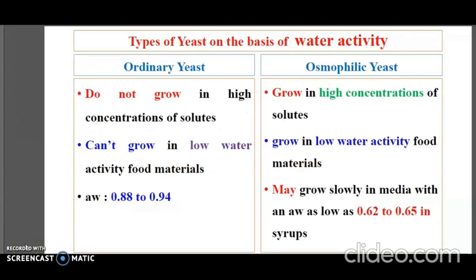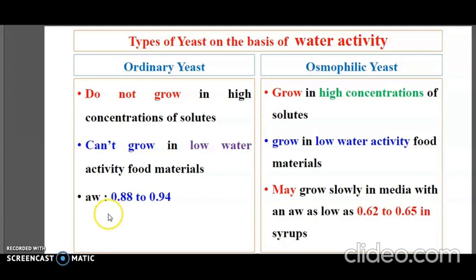On the basis of water activity, there are two types of yeast. The ordinary yeast do not grow in high concentrations of solutes, and can't grow in low water activity food materials. The supporting water activity ranges between 0.88 to 0.94. And the other one is the osmophilic yeast, and it grows in high concentrations of solutes. It grows in low water activity food materials and may grow slowly in media with a water activity as low as 0.6 to